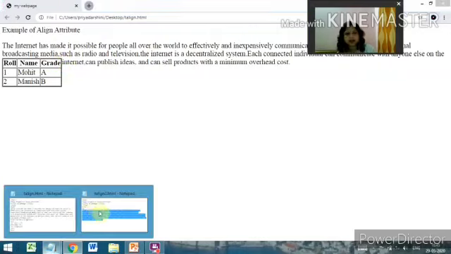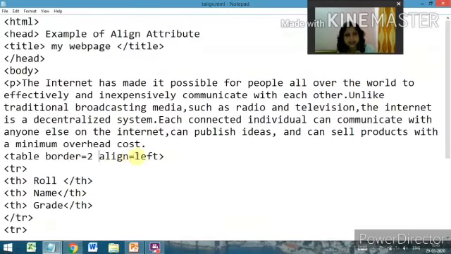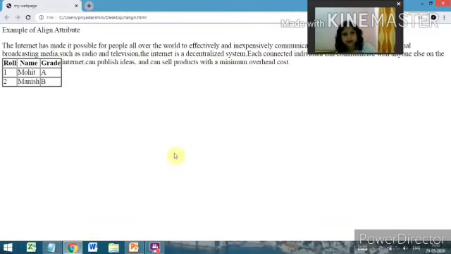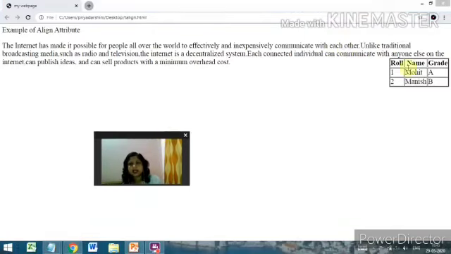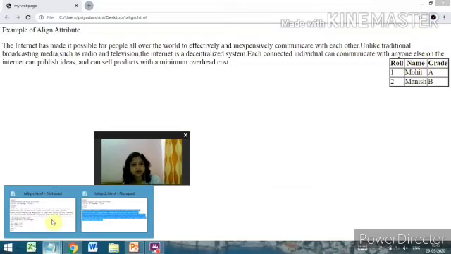Similarly, now we'll see how it is aligned to the right side. If you write here align is equal to right, you will see the table is aligned with respect to the text to the right side. And next one is your align to the center.